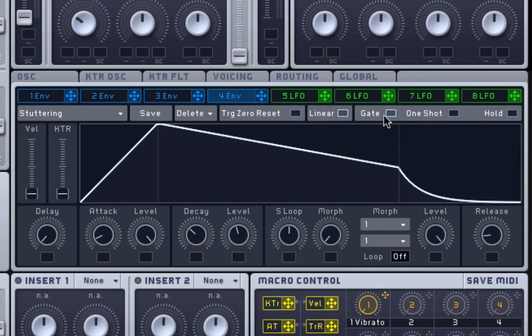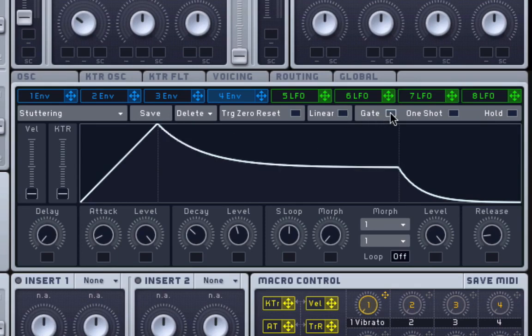And then over here, we have these 3 buttons: the gate, one shot, and hold. And these control the course of the envelope. The gate button will be selected by default. That means that the envelope will occur when I strike the key, and it will continue on. But if I release the key before that envelope has completed its course, it will jump straight to the release stage. So if I strike a key, the attack goes up, and it's starting to go to decay down to the sustain level,